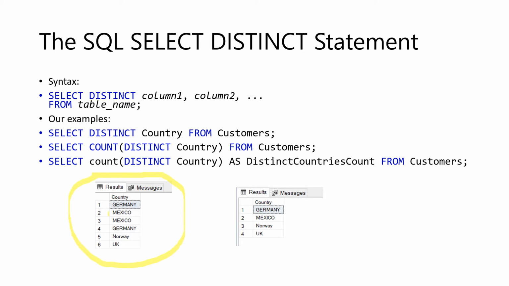Here we have Mexico returning two times, but when we execute this query with the DISTINCT keyword, we get this result. It means Mexico appears only once, so duplicate values are returned only once when we use the DISTINCT keyword.